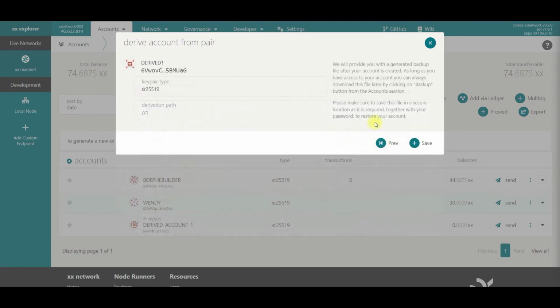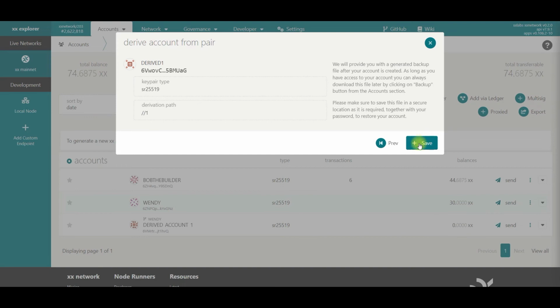It's just going to tell you they're going to create a backup for you. And when you click save, it's going to download those files for you. And you will have a JSON file which you can then use to restore this account quickly if you go to a new browser, or if you, for whatever reason, lose this account,